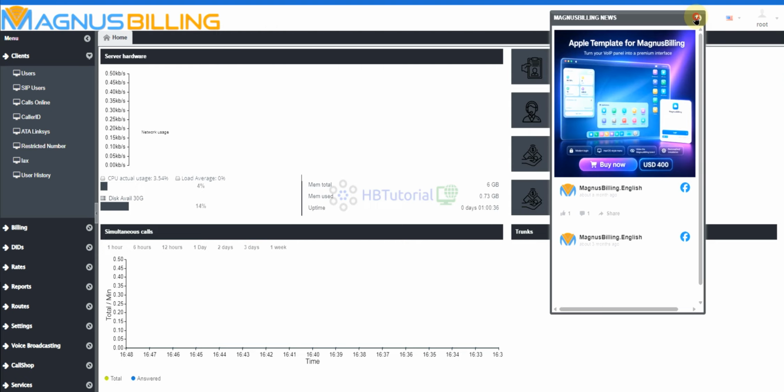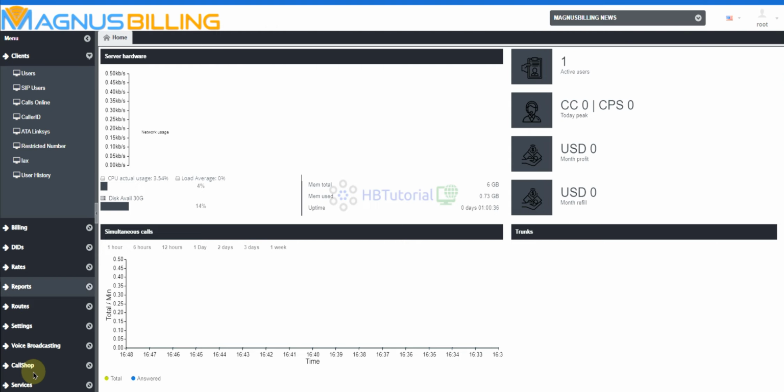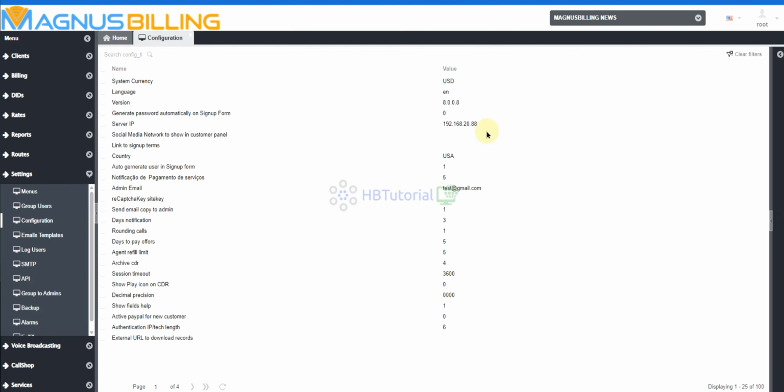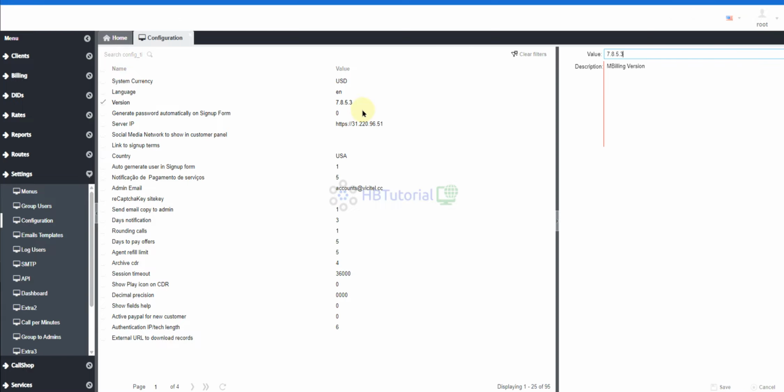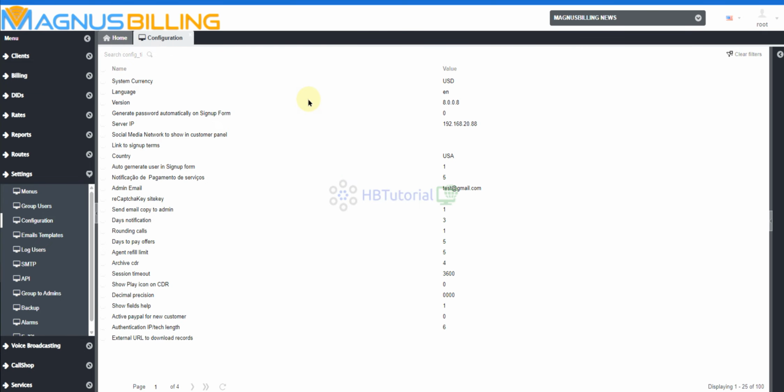As you can see in the settings, under our local machine. This one was hosted in Contabo. So now we will do the migration.